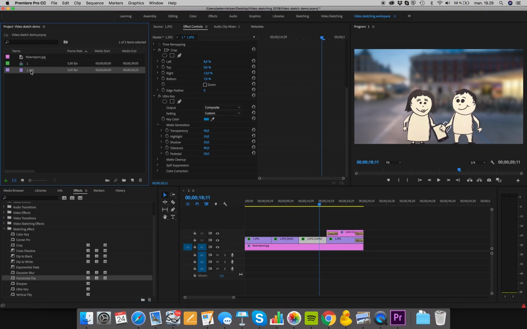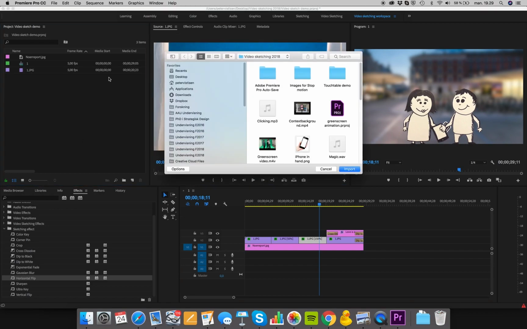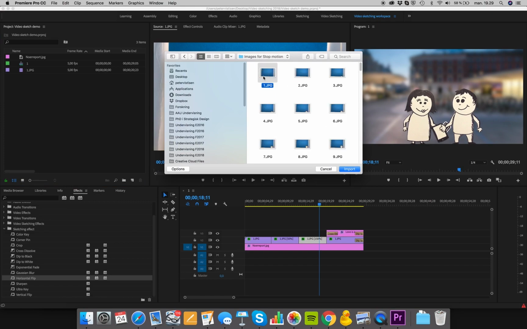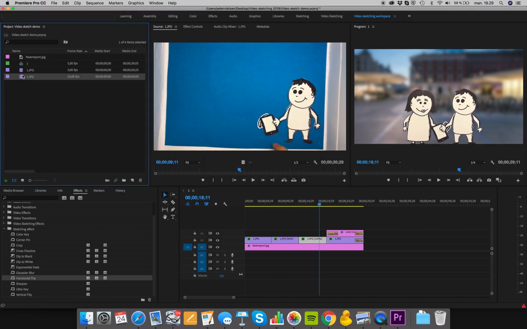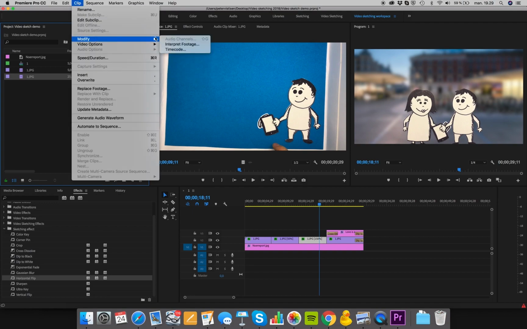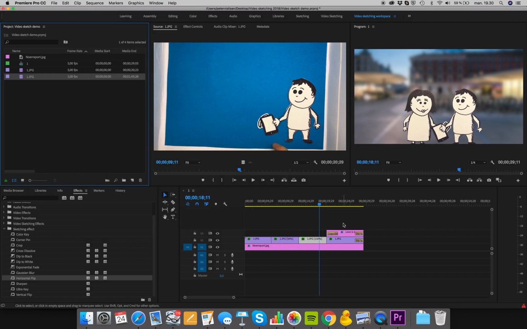And again, we made this short stop motion from just making an image sequence from 100 images. Instead of pulling them in manually, we just created this clip. We modified the footage, interpreting it, changing the frame rate, and then beginning to edit. So that's the basics of stop motion, and that actually completes our series of 4 small introductions to video and